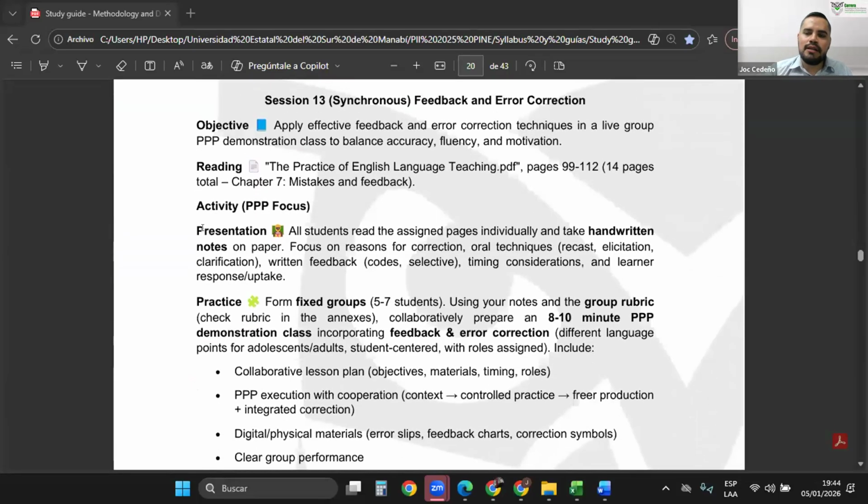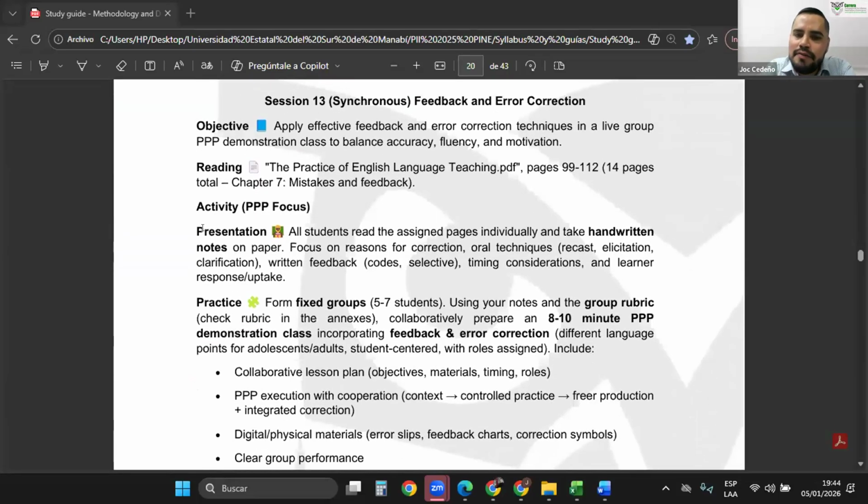In this class, we're going to learn how to apply effective feedback and error correction techniques in a live group PPP demonstration class to balance accuracy, fluency, and motivation. To start with, we're going to have